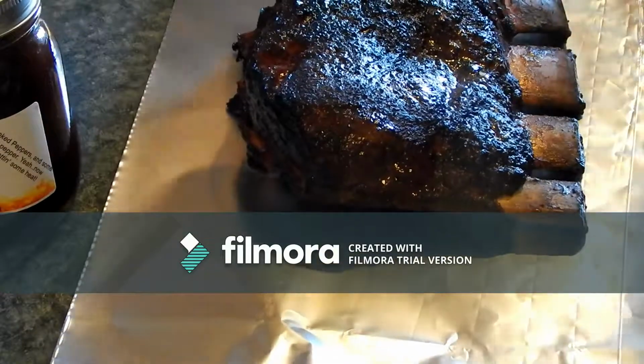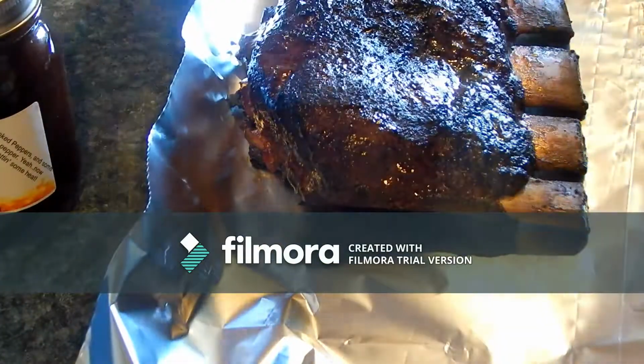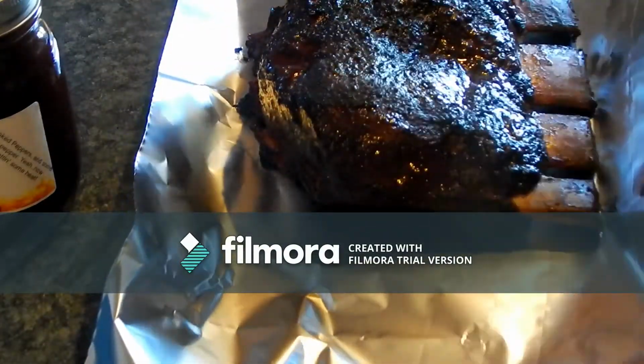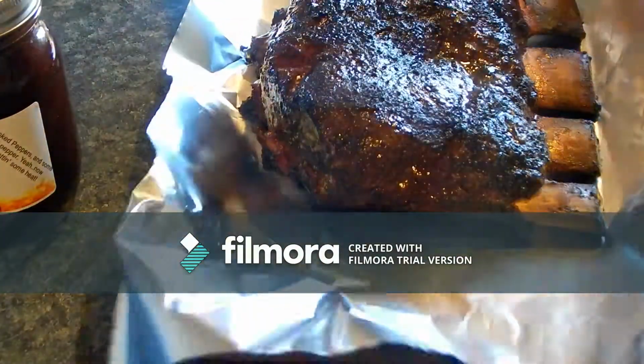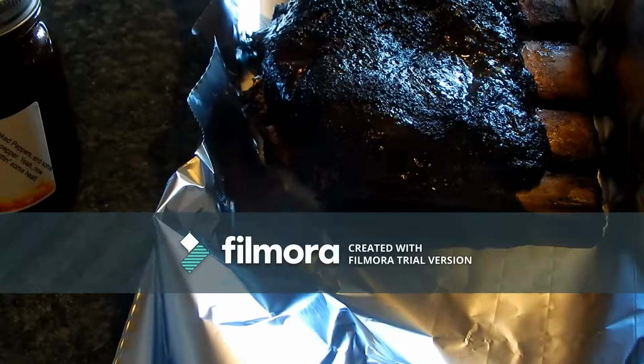Alright, anyway, we're going to wrap this up just like this, so we don't make a mess. We're going to fold it up like that, fold the sides up. And then we're going to take, right here, I've got